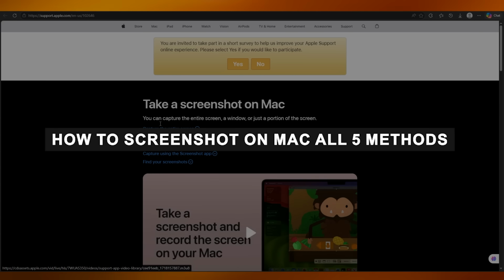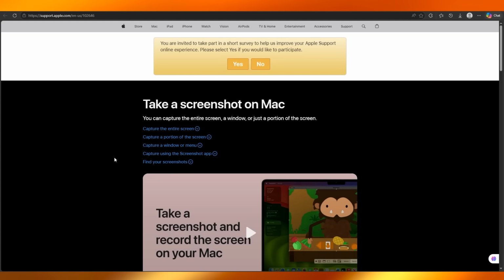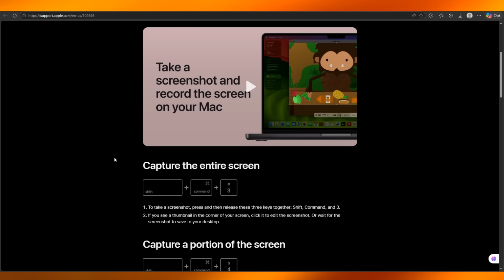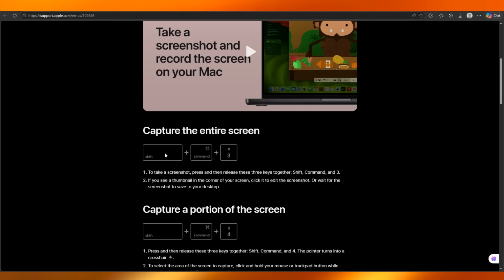How to screenshot on Mac, all 5 methods. If you use a Mac regularly, chances are you already know at least one way to take a screenshot. Usually people know the basic shortcut, which is Shift, Command, and 3. But what most users don't realize is that the Mac operating software actually includes multiple screenshot methods, each designed